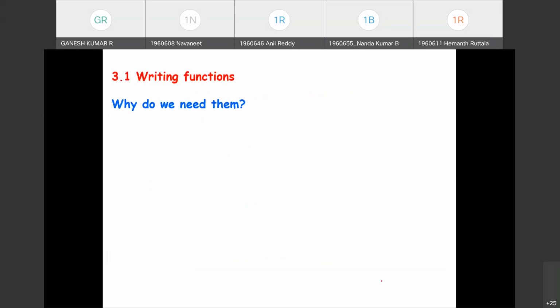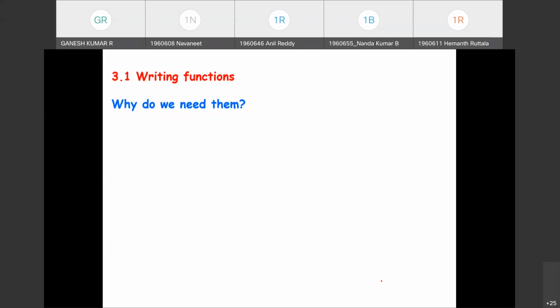Why do we need them? I hope you remember we had started the Python session from the basics, fundamentals, different data types, how to define and write a program, and various control statements, looping structures, and several functions.